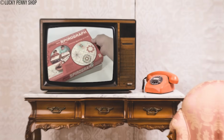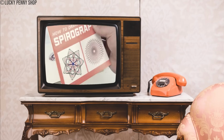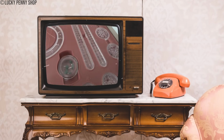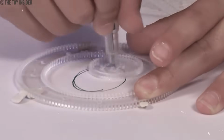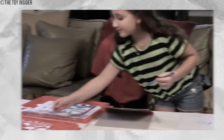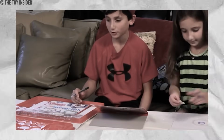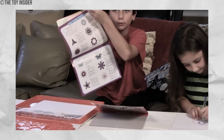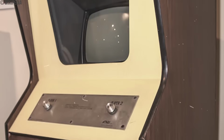Over time, manufacturers improved the design. Modern sets now include reusable putty to keep the gears in place, plus carrying cases to store everything neatly. Despite these updates, the classic Spirograph experience remains unchanged. Whether vintage or new, it still delivers the same satisfying blend of creativity and precision that's kept it popular for decades. Ever wondered how a simple game of digital ping pong